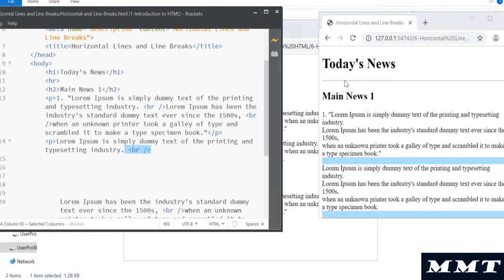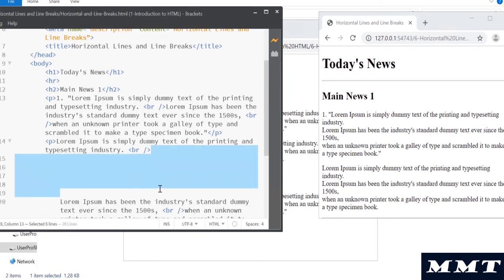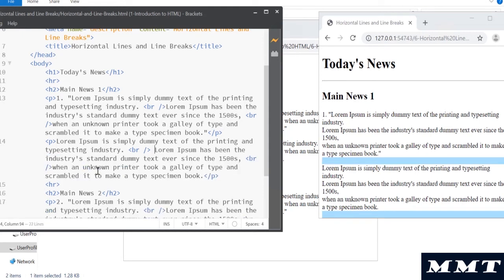If you want to add the horizontal lines, you do it via the HR tag. And remember, all the white spaces and new lines are ignored by HTML. It doesn't care how many lines you write in the HTML page. It doesn't consider it as a new line. You have to mention that via a markup. Only when you specify a markup will the browser read it as a new line and add a new line. If you don't do that, it's not going to understand that.